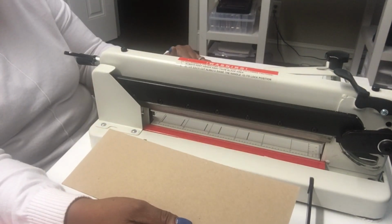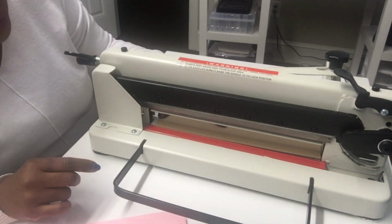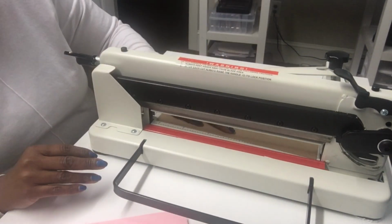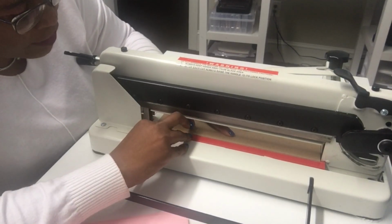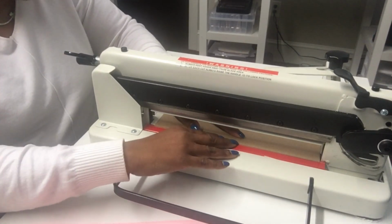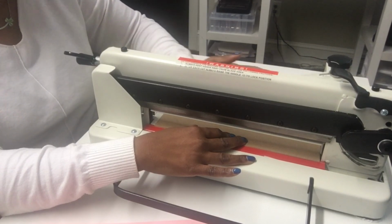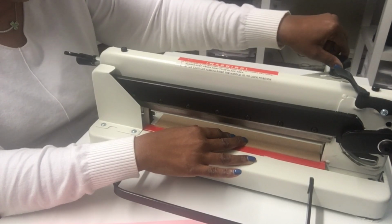Now one of the things I will share with you about this machine is it doesn't always cut straight because sometimes your paper will move. So what I've done is I've cut out a series of templates, and this is my 4 3/8 inch template. Basically what I do is I take it, I place it on the line, and I make sure that it's nice and even on that line from top to bottom. And then I slide over that bar that I showed you at the back with the knob. So then I slide it into place